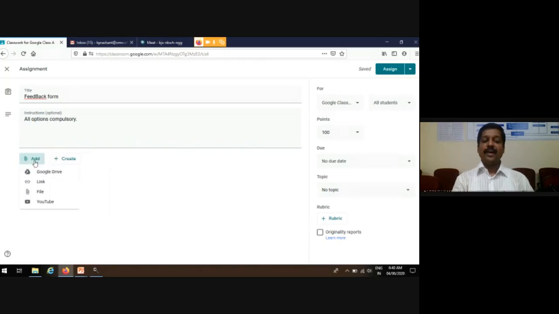Okay, if I click on the add button, here I have a Google Drive option. Google Drive is like a local drive that we have with our laptops or desktops. Similarly, this is available in the cloud, which we may use and access from anywhere and from any device. You just require your login credentials to get access. So that is one of the beauties of this Drive option.